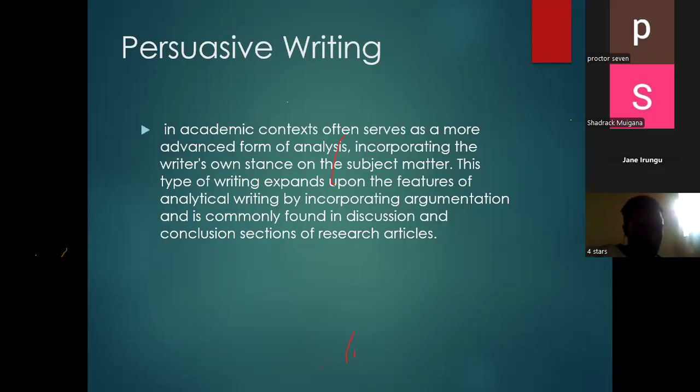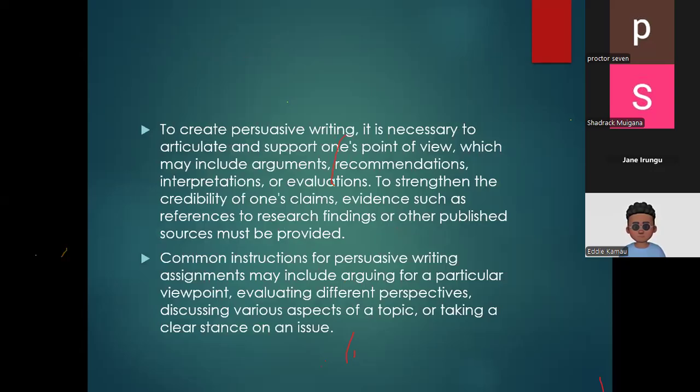Like Sweden have now banned all screens in schools. They are now saying we must go back to paper and pen. We don't want screens. So somebody must have done a research and persuaded the government of Sweden. So persuading is where you now research, but in evidence, you don't just write from your head. This is not like a composition you used to write in high school where you just write evidence from your mind. No, you are supposed to go to the field, research, get either quantitative or qualitative data, and then you justify your point of view. So we don't just use imagination. For us, evidence must come from the field.